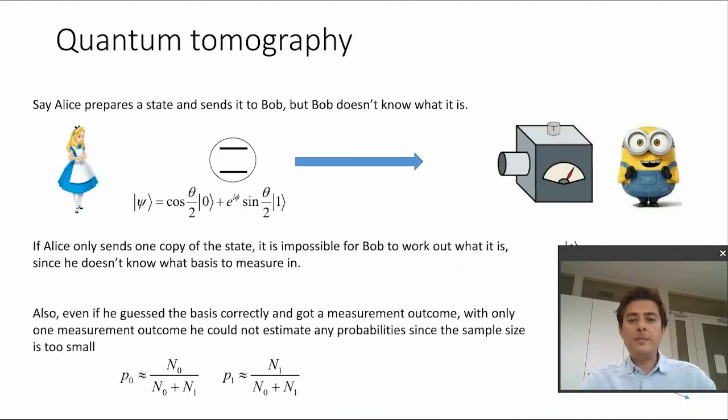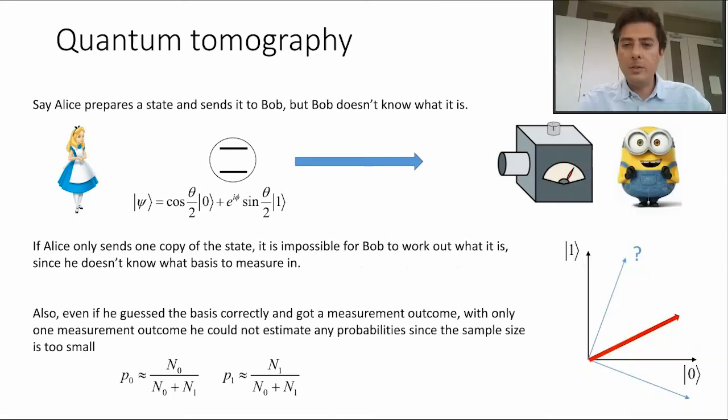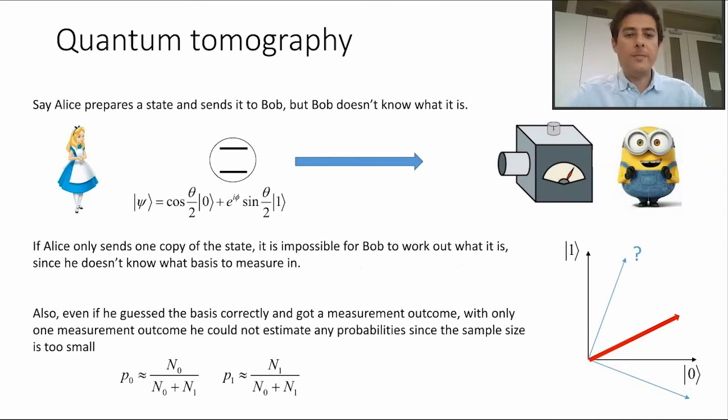Okay, so finally in this lecture, I just want to talk a little bit about a related topic, which is quantum tomography. The setup is quite simple. Alice, who's the person that's sending some state, sends it to Bob, but Bob doesn't know what the state is. As we've discussed before, if Alice only sends one copy of the state and Bob has no idea what the state is, then